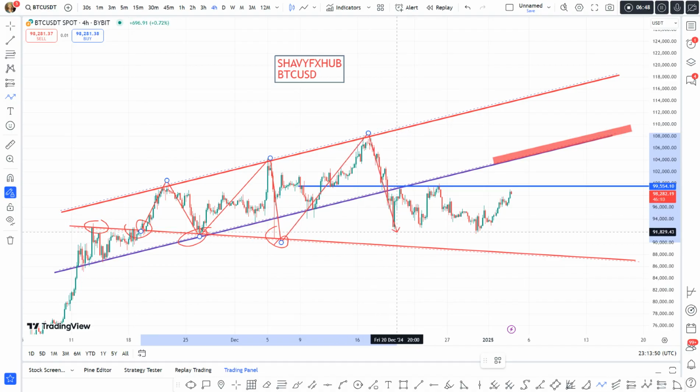Fail to update the floor. This is where the game comes in. You start consolidating, moving sideways. But even in the sideways, this has a roof and this has a floor. And you can see the roof. This is the roof. So in this case now, we have a floor here,